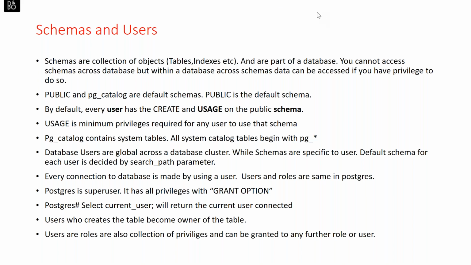I'll give you an example. I connect in this way: psql -p 5432 postgres. What does it mean? It means I am connecting to the Postgres database with the Postgres user, and by default I'm going into the public schema. Once logged into the public schema, I can change my schema and move to different schemas as well. But by default I log into the public schema with Postgres.